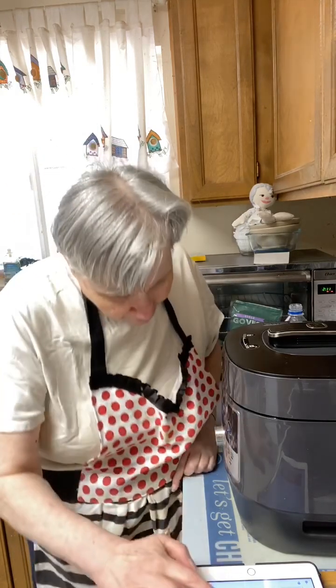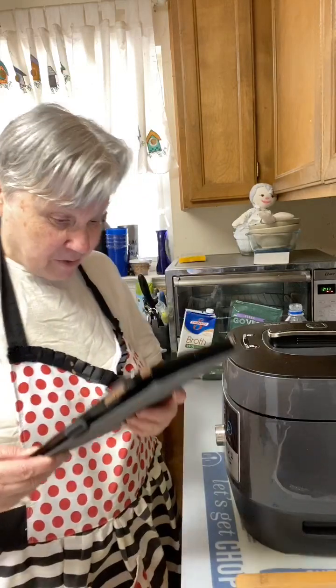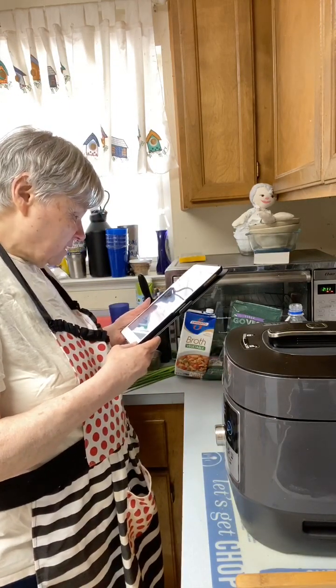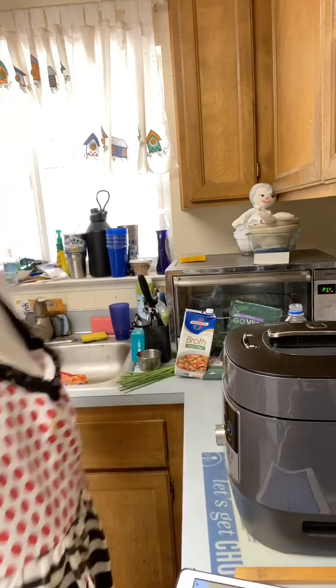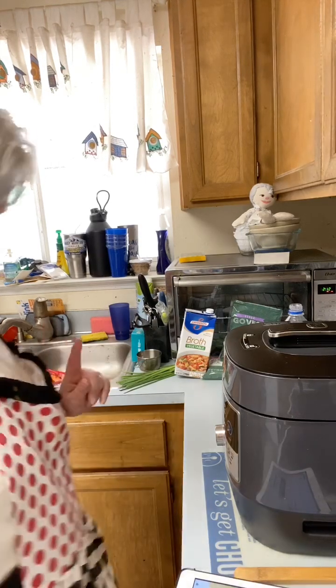Okay, I gotta see what I have to do now. This is done. It got done quicker than I thought it was gonna do. Natural release for 15 minutes, and then switch to quick release. Okay, I got natural release for 15 minutes. So set my clock here for natural release, which means you don't do anything. You just let it go itself. Anyway,